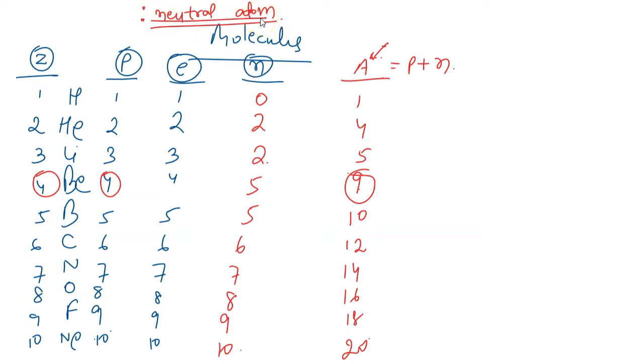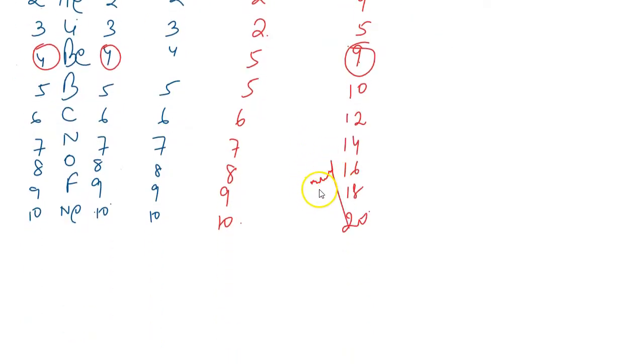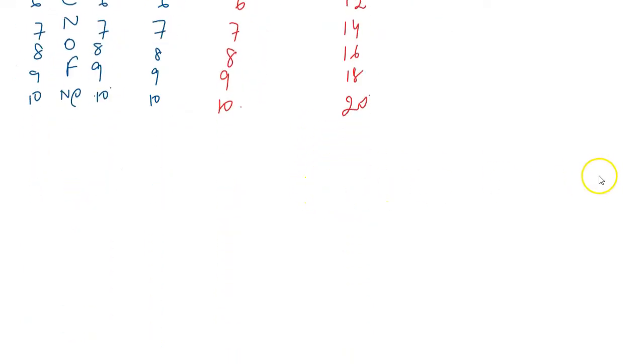So we have already discussed ions, and in the next class we will talk about the ways we can write chemical formulae. But before that, today let us have a simple idea about valency, which we are going to use in the next class. Let us look at what is valency.